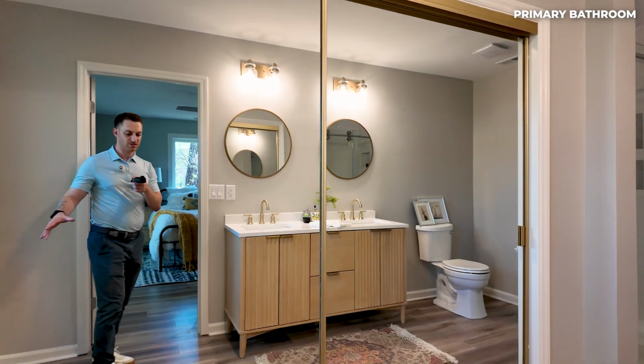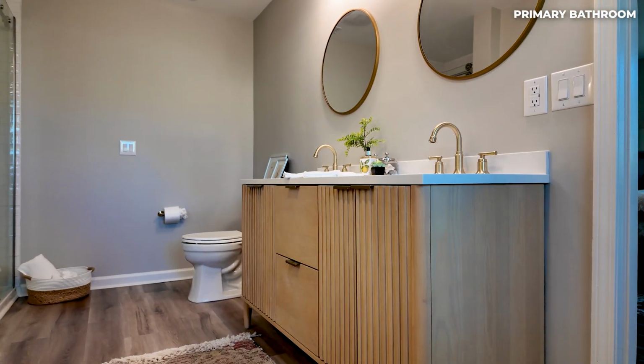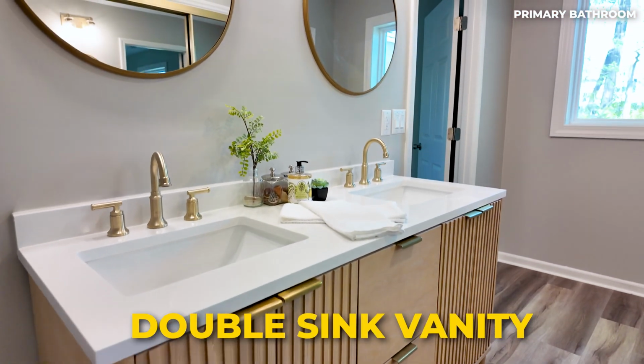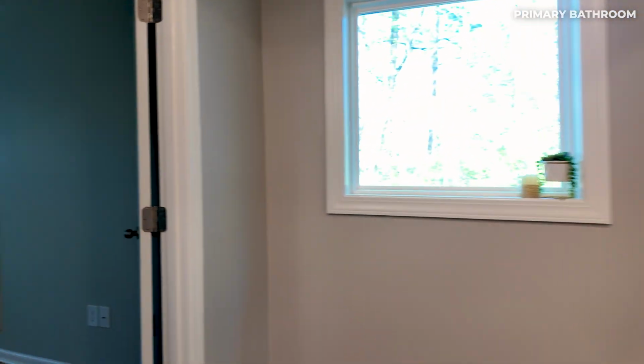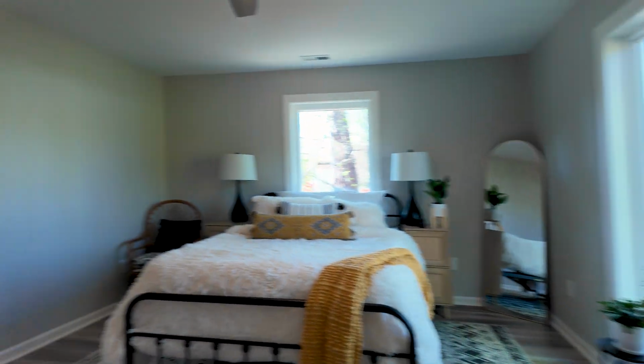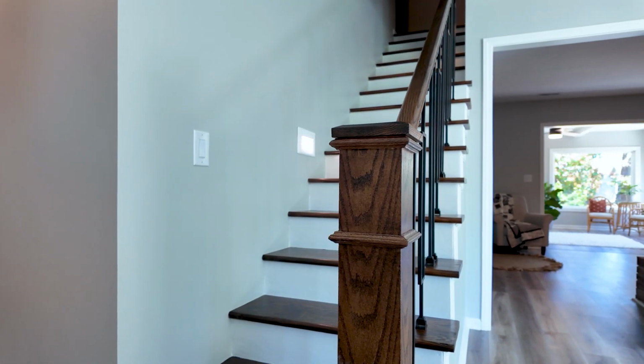These are both sliding open either way. Really cool vanity in here, double sink vanity, all tile, walk-in shower, floor to ceiling. There's a fiberglass pan at the bottom, but that's nice and easy to maintain. And then as we loop back around to the front of the house, I'm gonna go ahead and take you